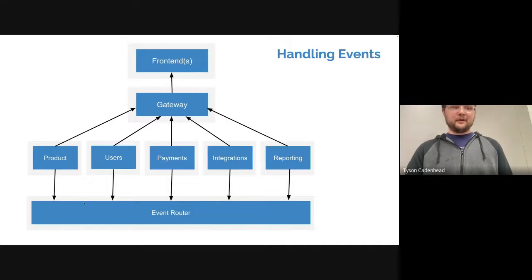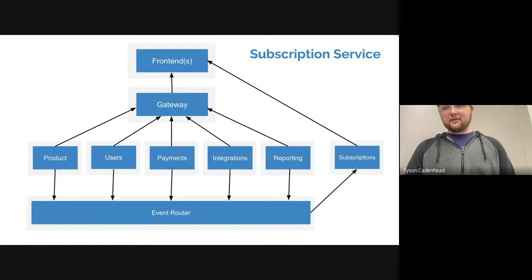And this can be any kind of pub sub mechanism like RabbitMQ or EventBridge or whatever technology you're using. It probably has something that works well with this. But you basically take these events and you subscribe to the events in other places, and when those events come in, you can trigger them. And the place where this really comes in handy on the GraphQL side is that federated APIs don't actually support subscriptions. So we kind of have to have our own service off to the side where we can do real-time stuff. So whenever things come into the event router, we can trigger the subscriptions off of the subscription service that's off to the side.